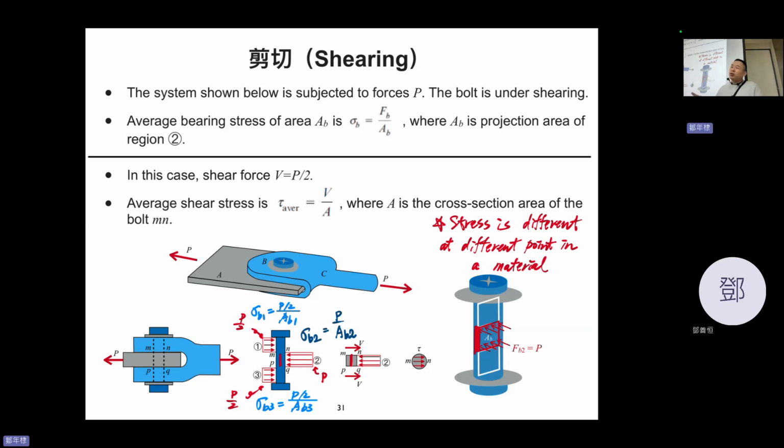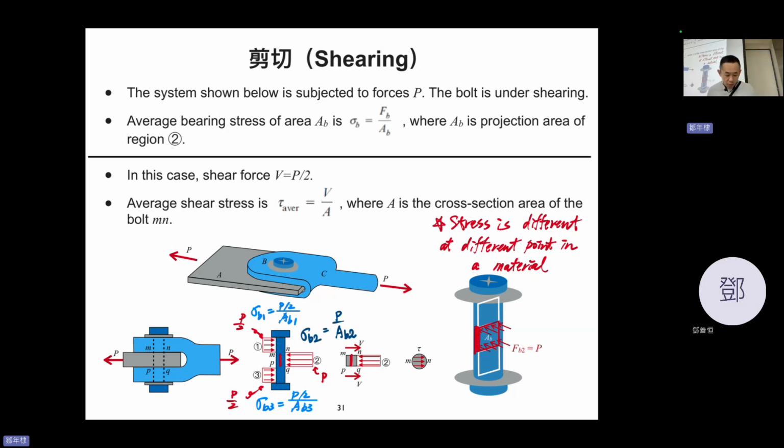I believe actually you know this concept before, right? Because of that first important concept for the sigma max in the handling bar, right? You can see different stress at different points. Again, you can see different stress in different regions